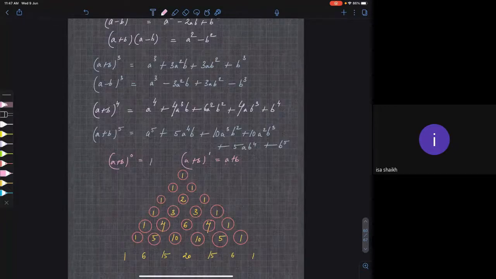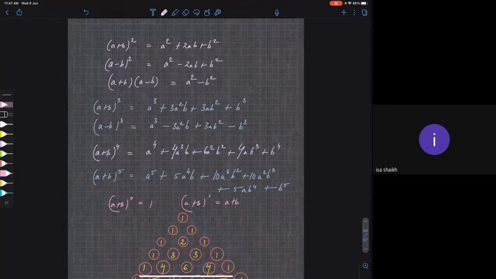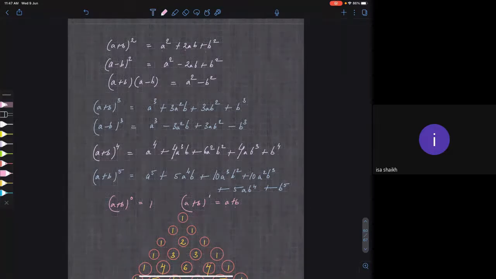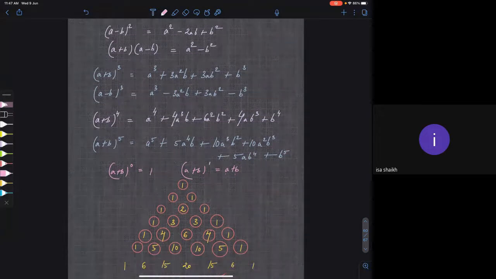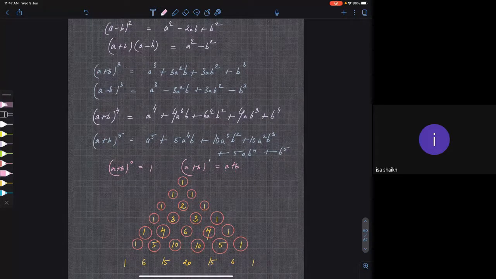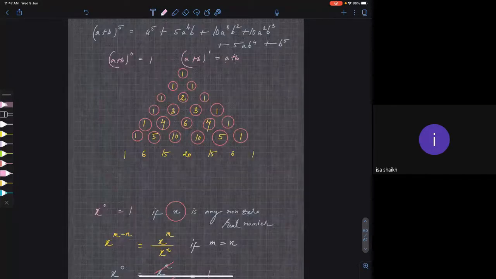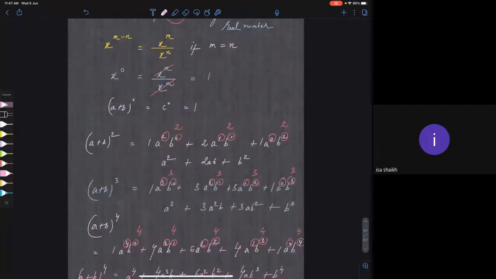Now let me just go to the end. We have also seen how to expand a binomial. (a plus b) power 1 is a plus b, (a plus b) whole square is a square plus 2ab plus b square, (a plus b) whole cube you can do using Pascal's triangle, (a plus b) power 4 and power 5 also you can do. I'll give you the proof of this in some class later, because it will be heavy for you. For the students of MPC, you will have this entire topic separate. It will run for at least 3 months, so it is a big topic for MPC. For BPC students, I will just go through it later someday.